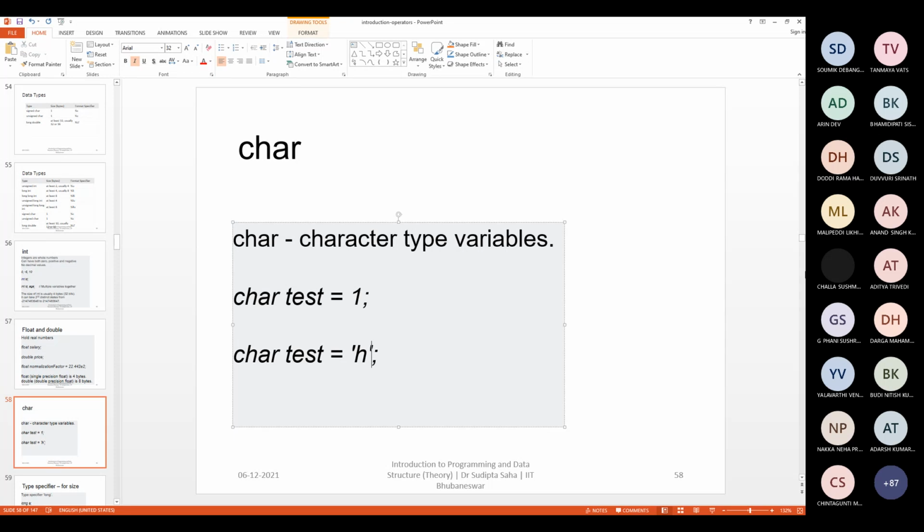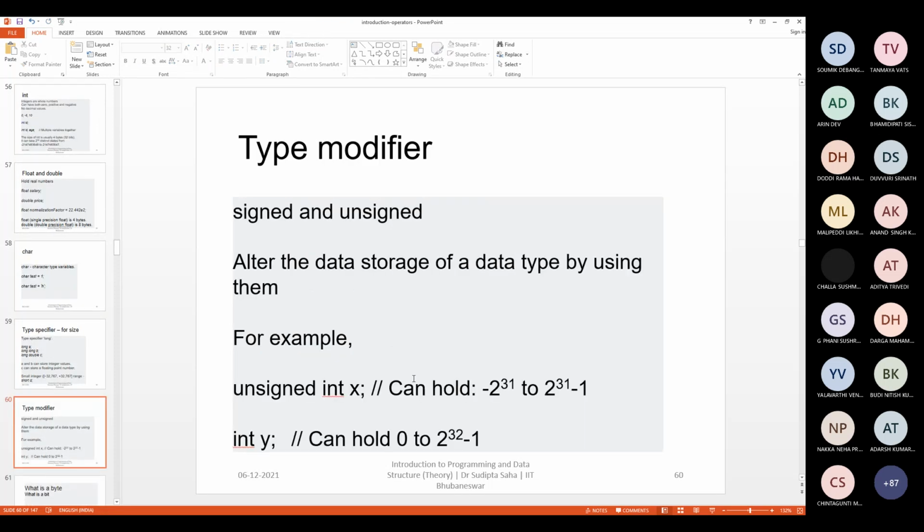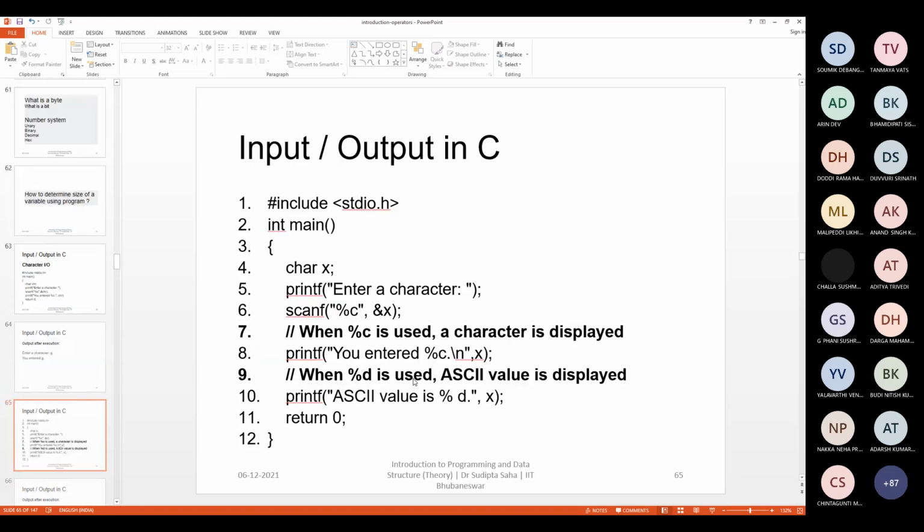So there is a mapping between every character literal and an integer in a unique way. Without this, you cannot achieve this mechanism, right? This mapping is called ASCII. I hope many of you know it. ASCII is a kind of code. It is called a code. We'll come to that.